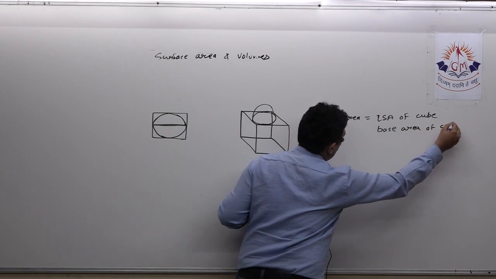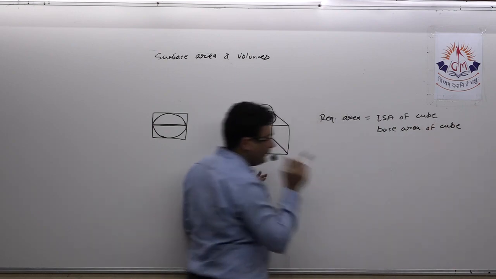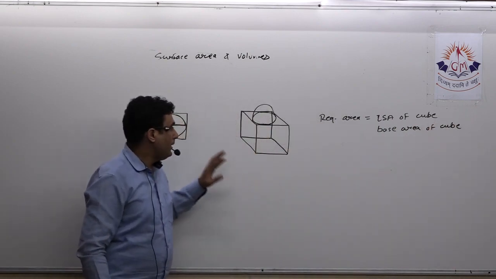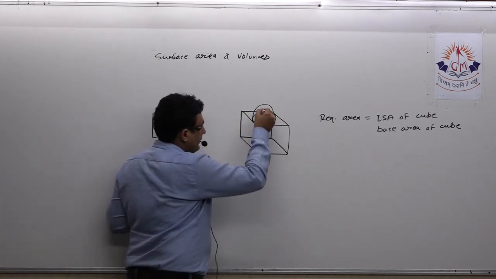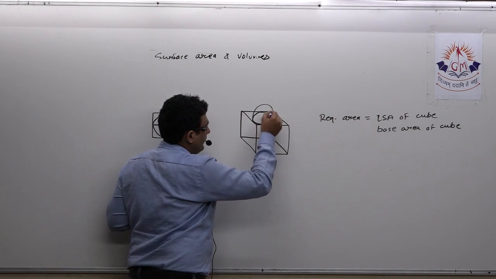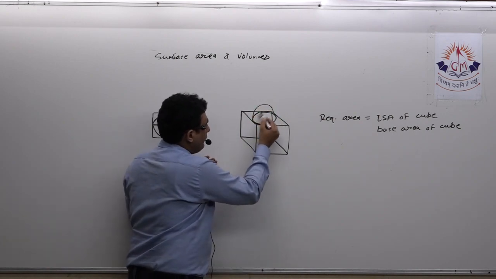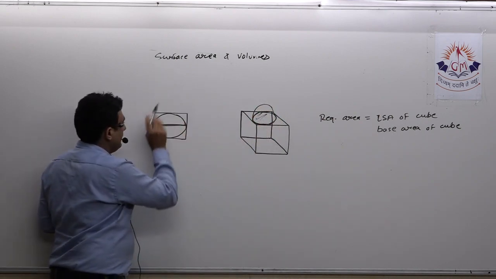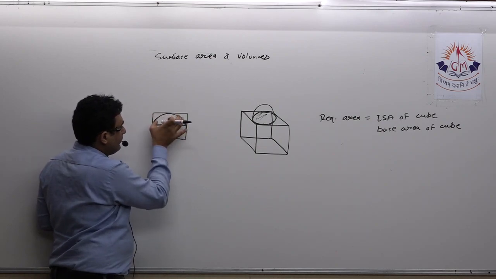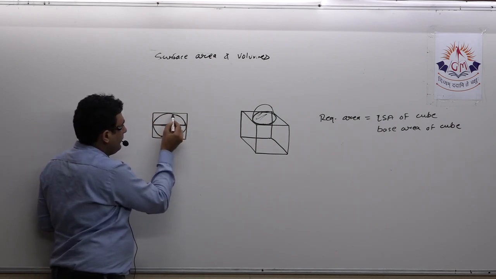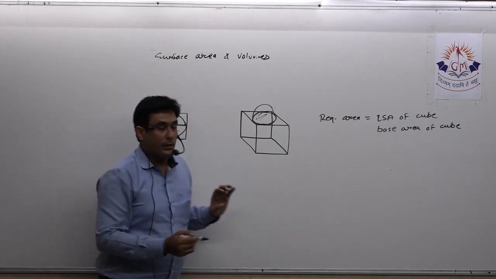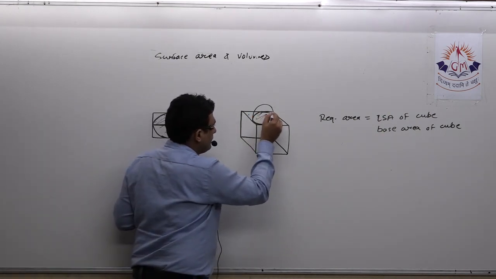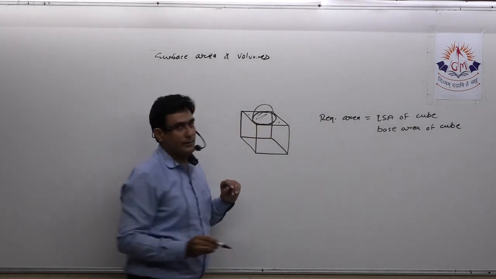Now base area of cube is in which shape? It is in the shape of a square. Now what about this upper surface? See, the hemisphere is kept over here, surmounted over here, so it is not possible to paint on this section, isn't it? If I paint on the hemisphere, this circular portion remains unpainted, isn't it? But these four corners here can be painted.